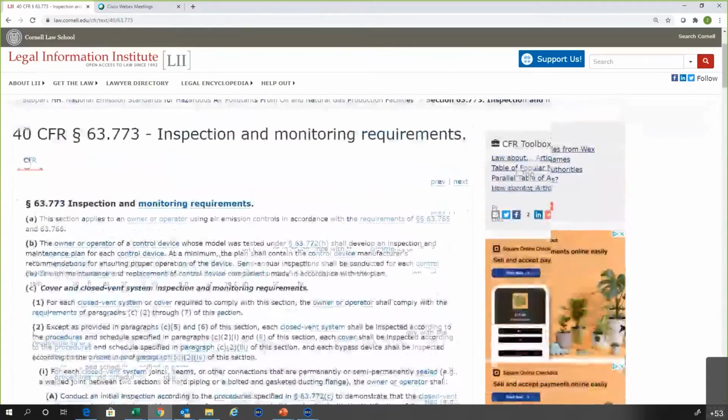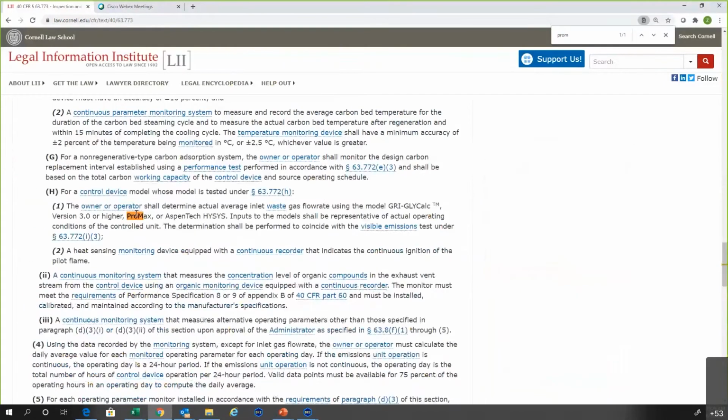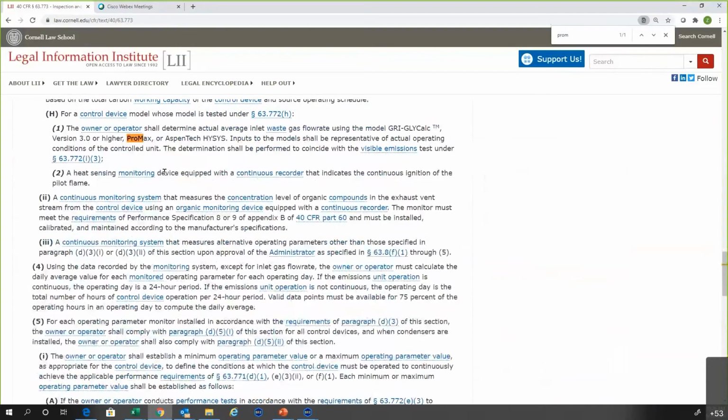Wanted to show you that ProMax is mentioned in subpart H. So this is the regulations that are used for estimating emissions for dehydration units. This comes directly from the EPA. We are mentioned in this section of subpart H. This is the inspection and monitoring requirements. And if I do a little control F and type in ProMax, you'll see that we are written into the